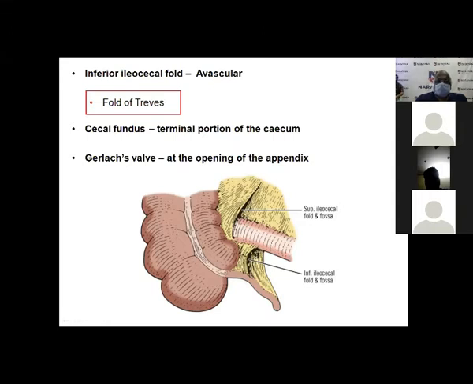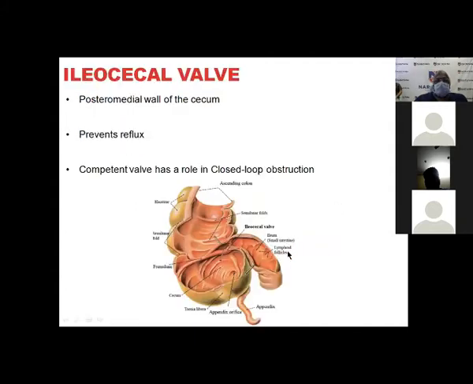The other one is joining the cecum, identifying the ileocecal junction. Whenever you do an appendix, pull the cecum, pull the terminal ileum, and you will see the appendix nicely. Whatever it is, the base has to come here only. That is another way of identifying the appendix. The ileocecal valve is posteromedially placed.